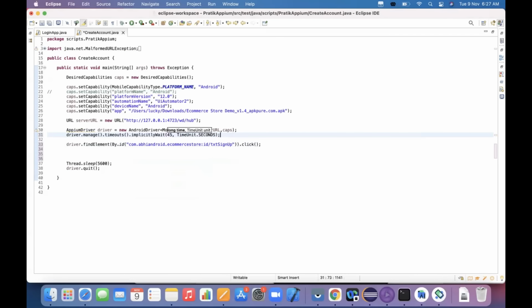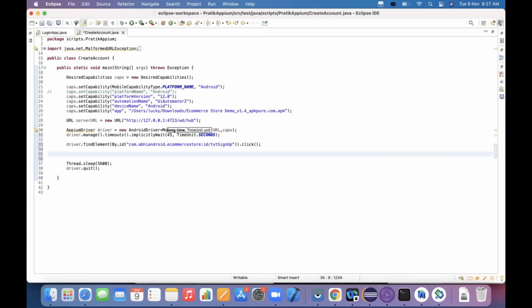You know this implicit wait, right? So I was just adding this implicit wait directly. Once you have added this particular thing, then the next point that we need to consider here is,